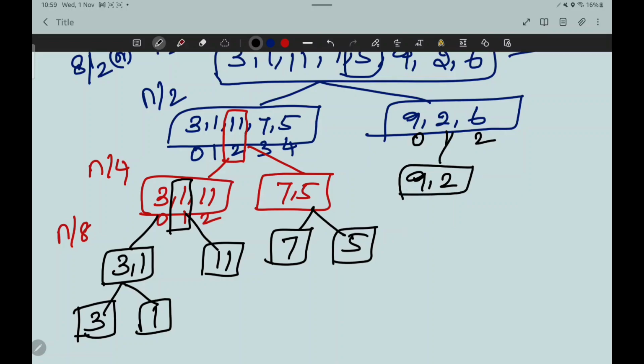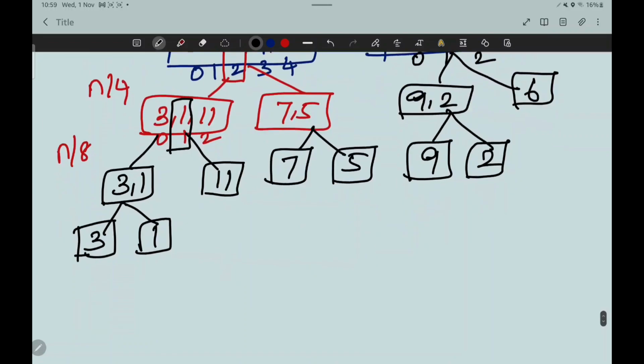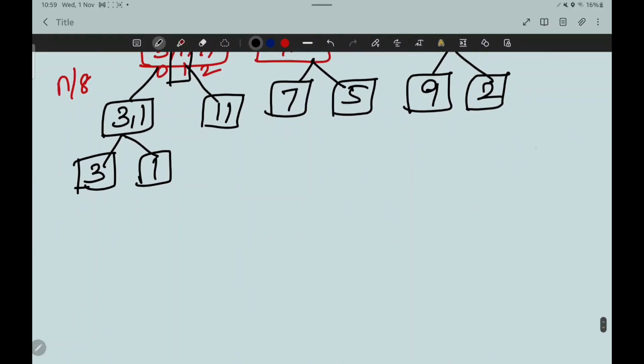So, this is the second subproblem. 9 and 2 is divided into one set. 6 is divided into another set. Likewise, these two, 9 and 2, are divided into single elements. So, after completing this process, we need to merge the